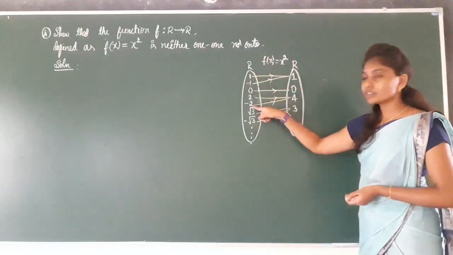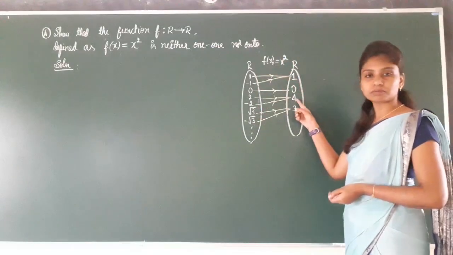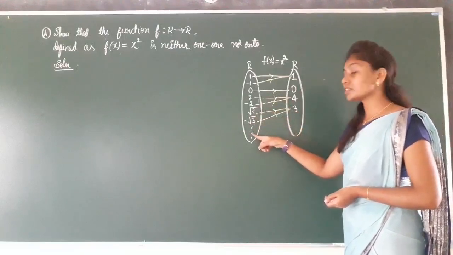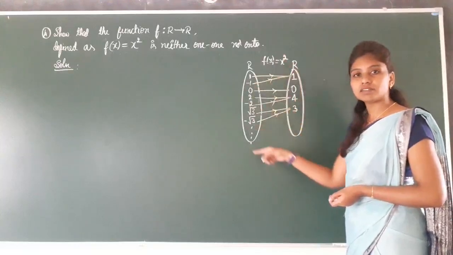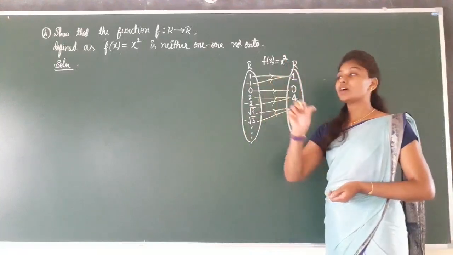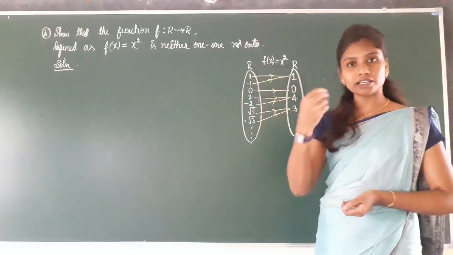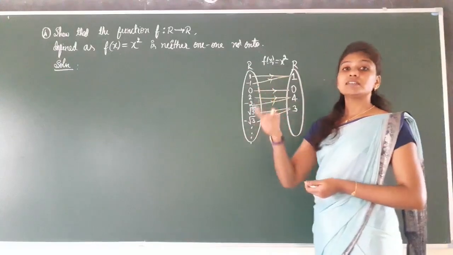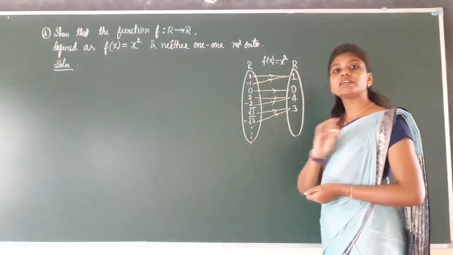Here 2 and minus 2 are distinct elements but having the same image, that is 4. Root 3 and minus root 3 are distinct elements but having the same image. That's why this is not a 1-1 function. Clear? 1-1 function means distinct elements of the domain set having distinct images. But observe here, distinct elements having the same images. 1 and minus 1 having the same image 1. That's why this is not